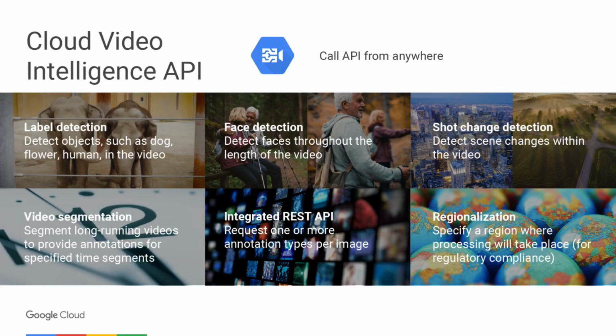So if you're watching a sporting event, you might see goals or a three-pointer. The Video Intelligence API has the ability to identify those events and really zone in on them, which you can use to create personalized experiences for your users. So if I want to see every three-pointer by Steph Curry, it's possible to take all of the Warriors games and then edit that just to show those three-pointers to me personally.